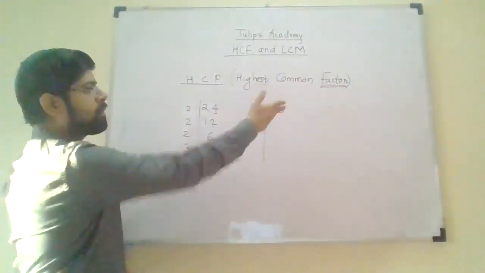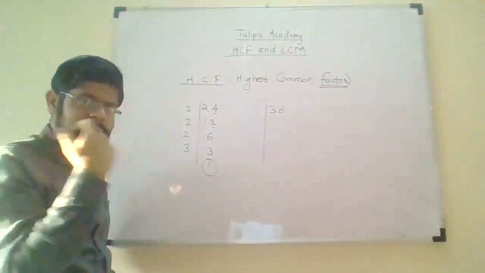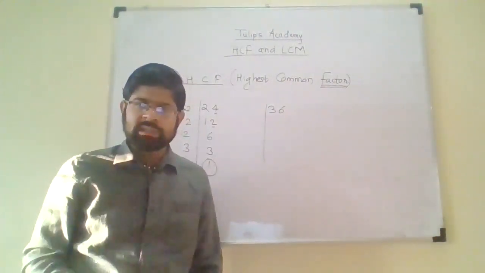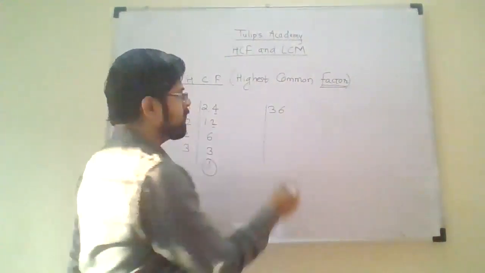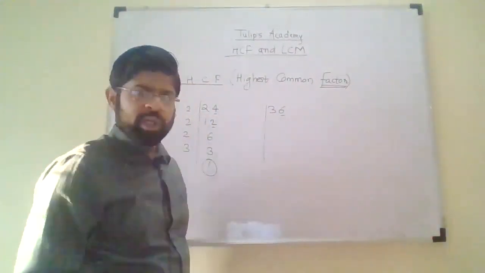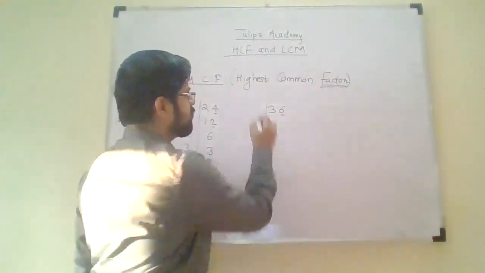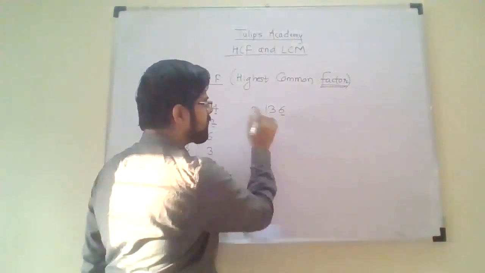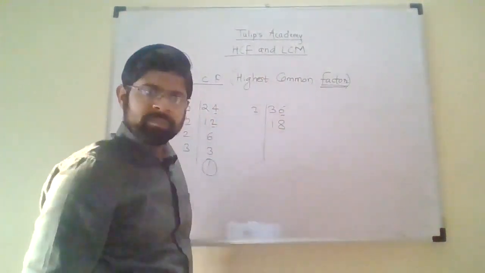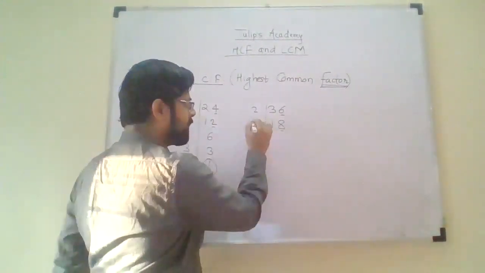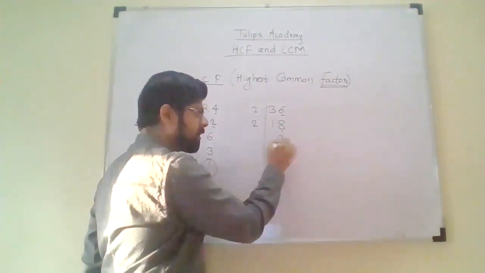Okay. Now move to the next number, that is 36. For 36, come with the same process. Check whether the number is divisible by 2 or not. Let me check the units place. The units place contains 6. Yes, it is an even number, so the number is divisible by 2. So 36 divided by 2 will be 18. Now again, the units place is 8, an even number, so again dividing by 2 gives me 9.